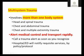Multi-systems trauma involves more than one body system. Head and spine trauma, head, spine, and chest trauma, chest and abdominal trauma, all four extremities, head, chest, and abdomen. We're getting worse. You will see eventually multi-systems trauma, maybe from someone who's ejected from a vehicle, and they have, it seems like, every body system